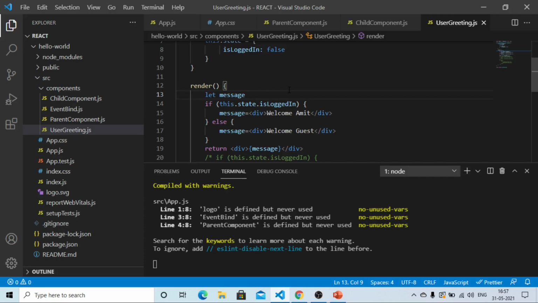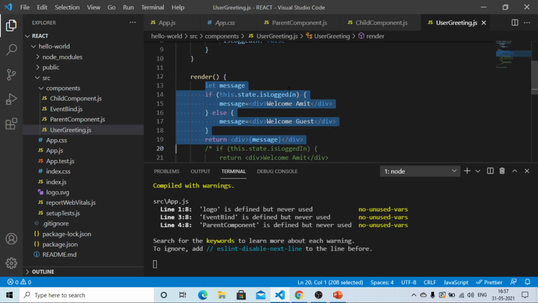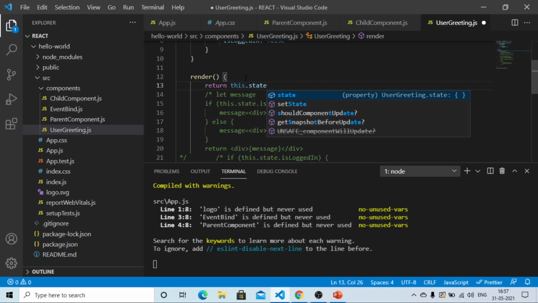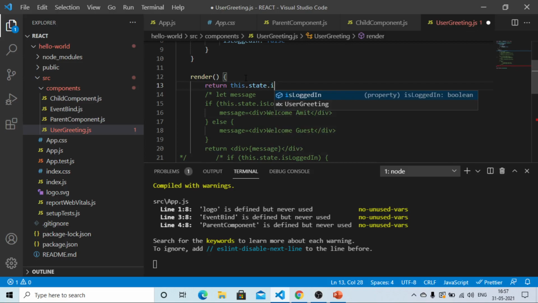The third approach we are going to discuss here is the ternary conditional operator. So we are going to comment this here again with Shift Alt A, and we are going to use the ternary conditional operator. So we will be using a return statement and return this.state.isLoggedIn.